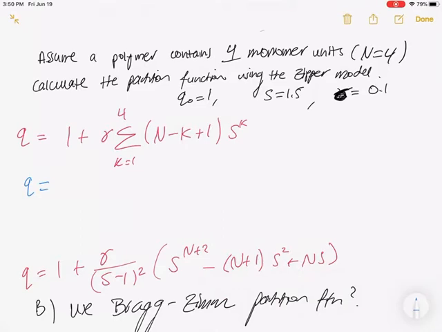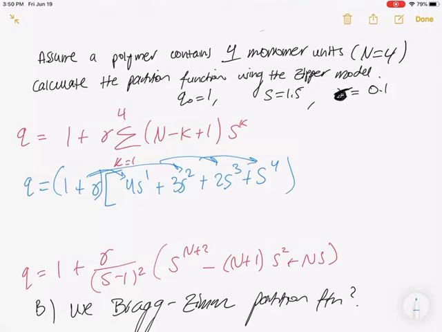So Q is equal to 1 plus sigma multiplied by 4s plus 3s squared plus 2s cubed plus s to the 4. Basically, you solve this sigma sum with k from 1 to 4, which is the number of monomer units, and then you plug that in to have the multiplied equation. And then you make sure you multiply correctly in order to get the correct answer. Otherwise, you'd have a mistake from not multiplying correctly. So here you have to sum up. So these two, you sum these up, and then you multiply to each term here to get the correct answer, which would be